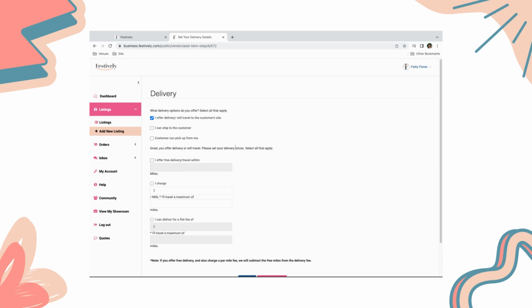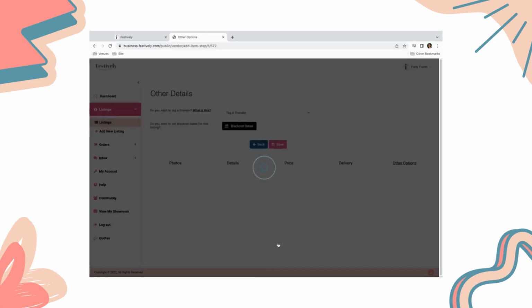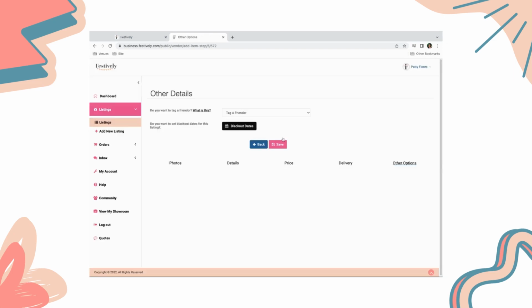And for a custom order, a lot of times you would deliver to their site or shipping, however you want to do it. So I'm going to say I offer free travel within 5 miles, and then I charge $1 per mile, and I will go a maximum of 30 miles. Okay. Save and next. And there's no quick offer in this regard because you're going to be talking to them